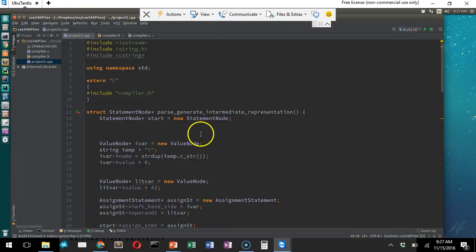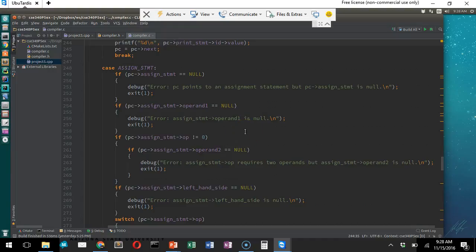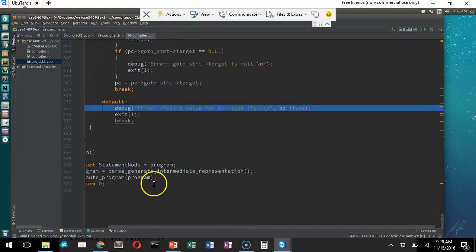So, a couple points here. This is the function that you're implementing. This is the function that interacts with the API. You don't create a main. The main function already exists. In fact, you'd get an error if you tried to compile. The main function already exists